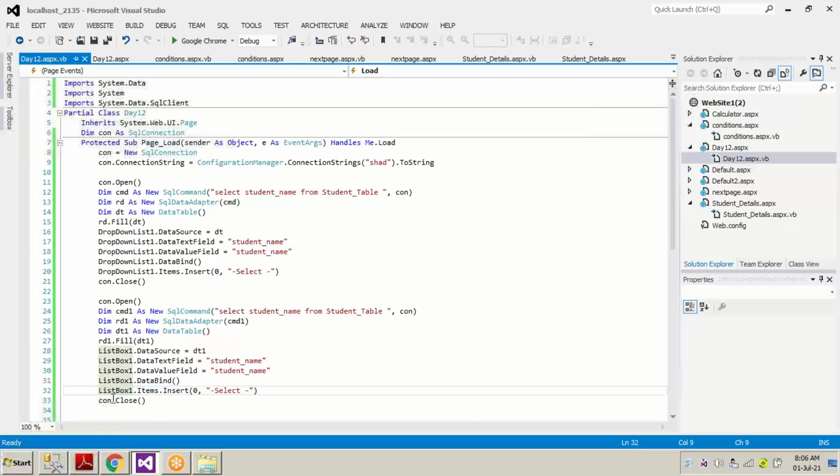If you want to comment, you can just put a single inverted comma at the left starting of any code, and you can see that code in red. The color of the font will be red. So this means that this particular code is commented. Commented means what?